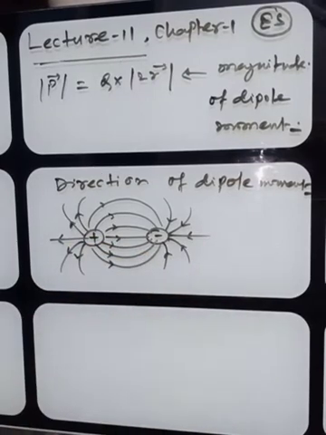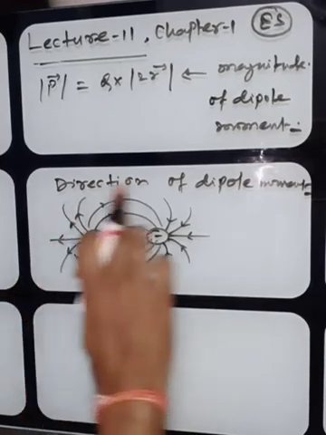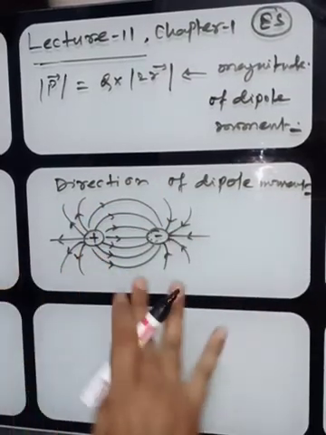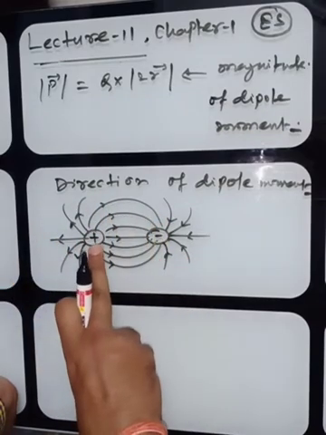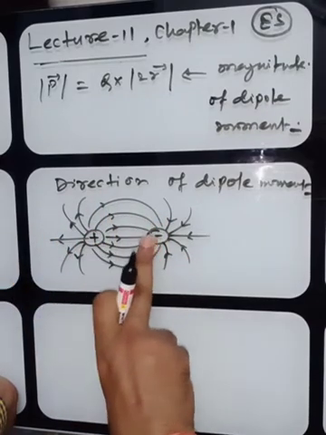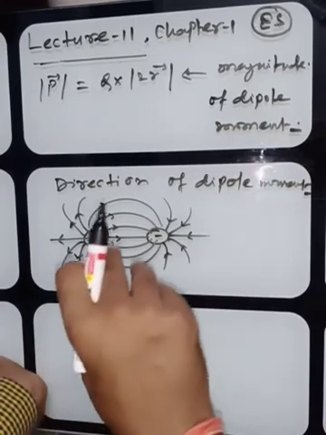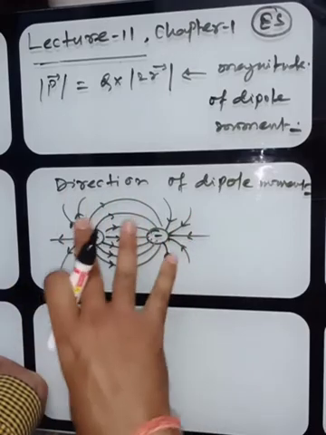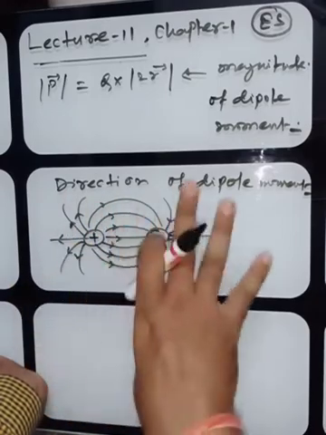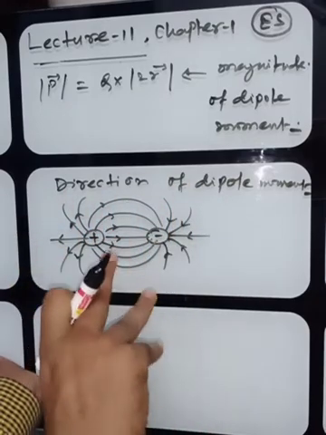Okay, but we know that, of course, this is a dipole. Am I right? Yes, it is a dipole. But we know that for a dipole, the separation between these two charges should be very small. In fact, the direction of dipole moment we cannot find exactly by the direction of electric field, but